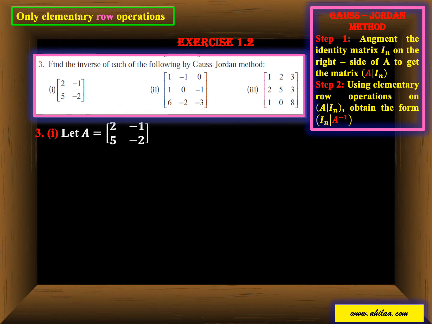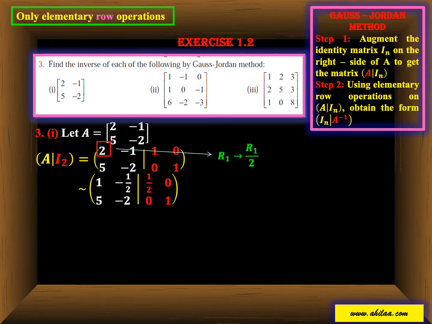So, third problem, first one is, let A equal to the 2 by 2 matrix 2, minus 1, 5, minus 2. So, augment [A | I2], substitute the given values for A, and I2 you know: 1, 0, 0, 1. Okay. Now, I fix my target at A11 to make it 1. For that, it is easy. We can simply divide the whole row by 2. The operation is R1 goes to R1 by 2.